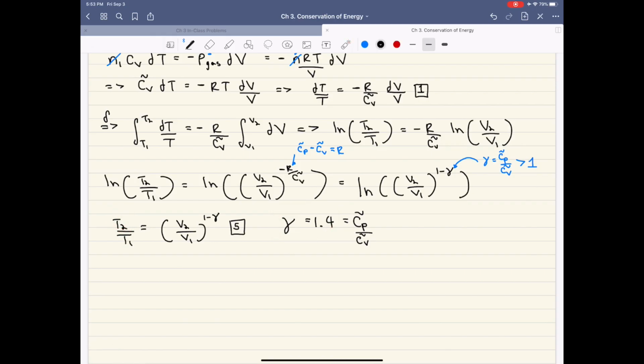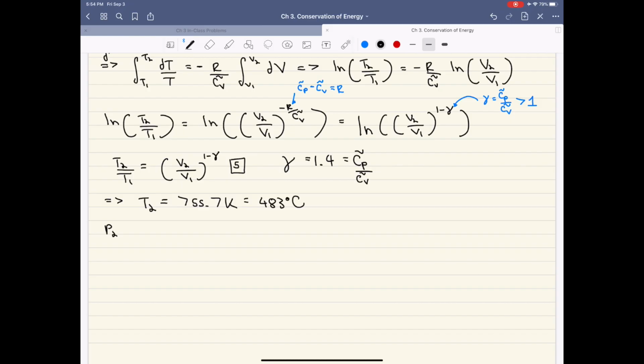In any case, we have our gamma value as well, and so we have everything that we need to solve for T2. Okay, and so if you use equation 5, you get that T2 is about 755.7 Kelvin, which is 483 degrees Celsius. So the temperature jumped up quite a lot when we compressed it. It went from 25 all the way to almost 500 degrees Celsius. Okay? All right, so now that we have T2,